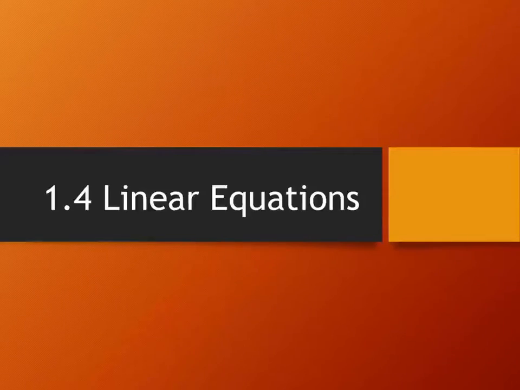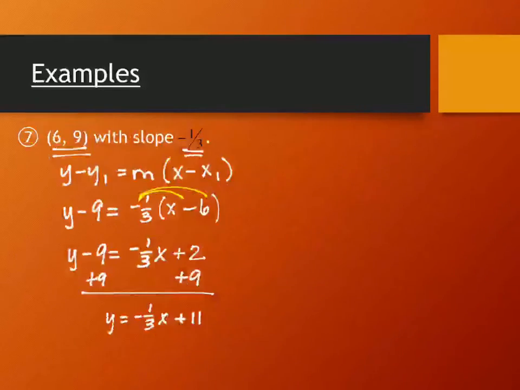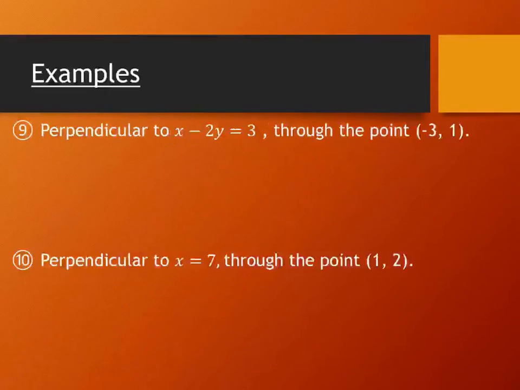All right, so the last part of section 1.4, linear equations, I had two examples. The first one that I wanted to talk about is what happens with perpendicular lines. And then the last one is a specific type of perpendicular relationship. So on problem number 9, the perpendicular lines, again, we're given a standard form of a line,